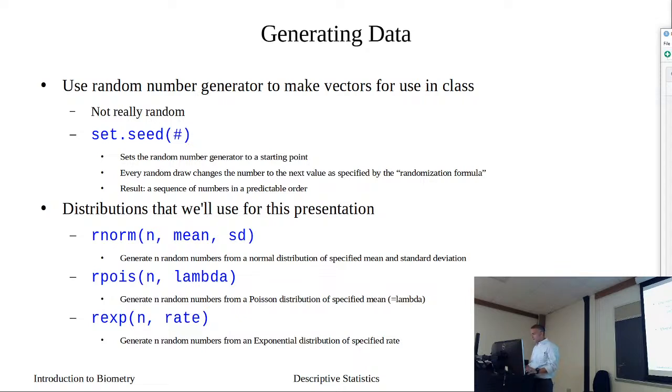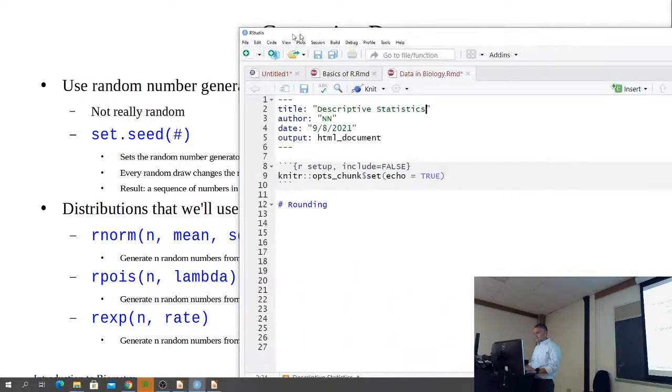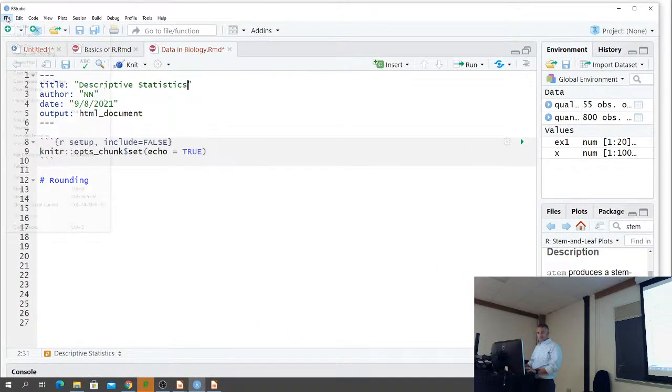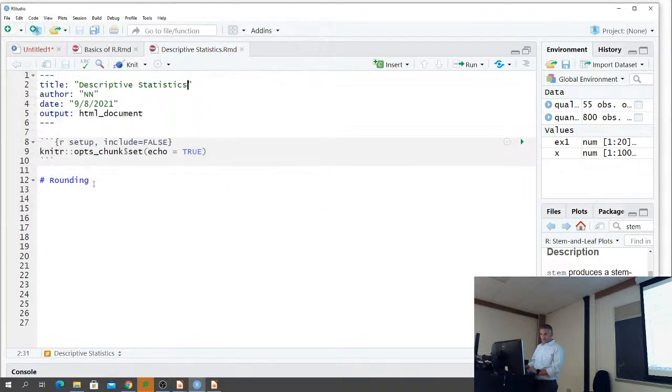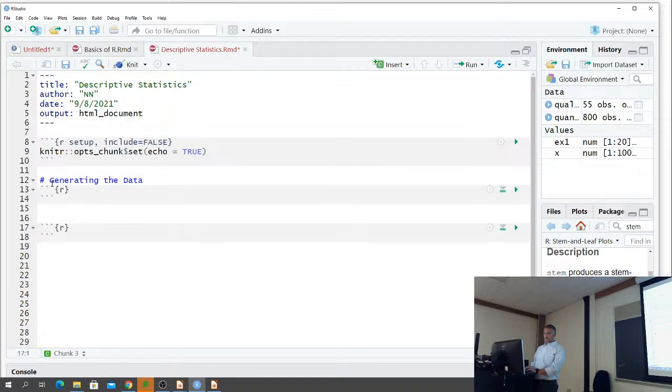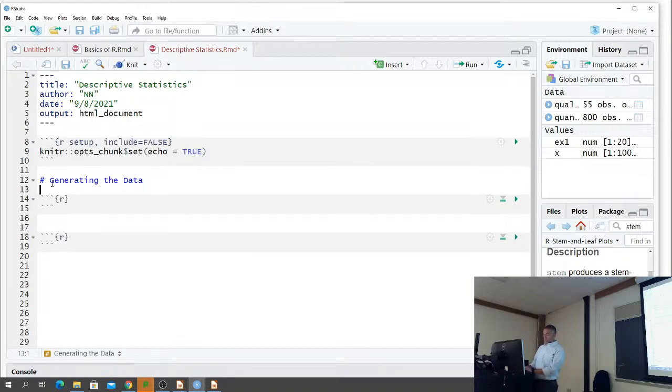I'm getting my R Markdown document. Save this. All right. So we're going to generate the data first. And what we are going to do